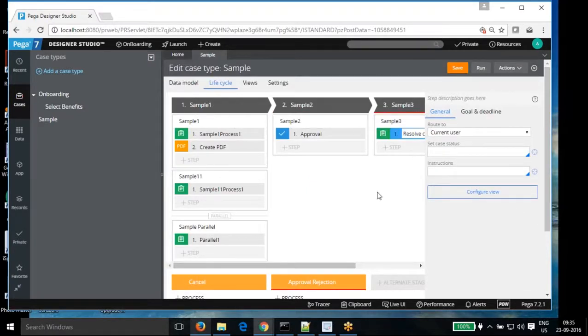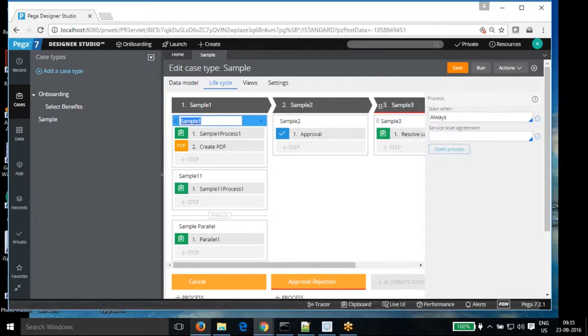So you say this is going to resolve the case. Directly, if you have used multiple stages and multiple processes, you can see that. This is what we discussed about, what the transition happened. There is one thing here, the process, which is always open, and it's nothing but a flow.